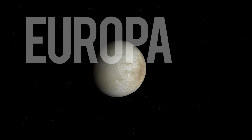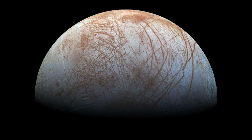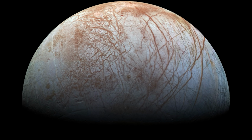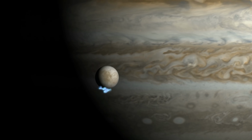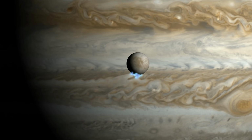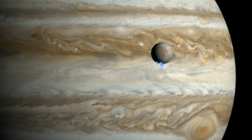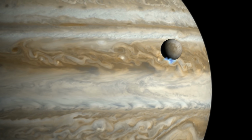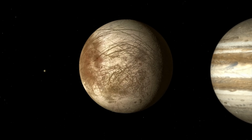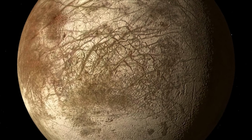Just slightly smaller than our own moon, Europa has an icy crust covering what is believed to be a salty global ocean capable of sustaining indigenous life. It also has active geysers ejecting material into space. So how do we think we know that Europa's ocean exists? Well, it's a combination of using telescopes on the ground and having spacecraft that have flown by Europa and collected